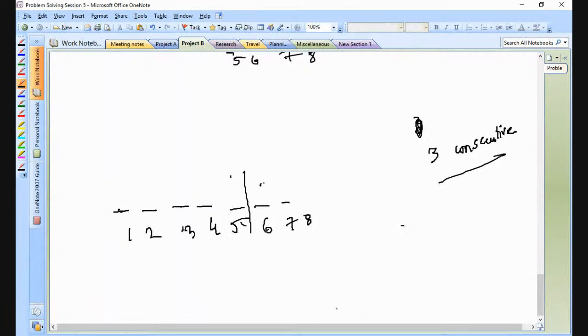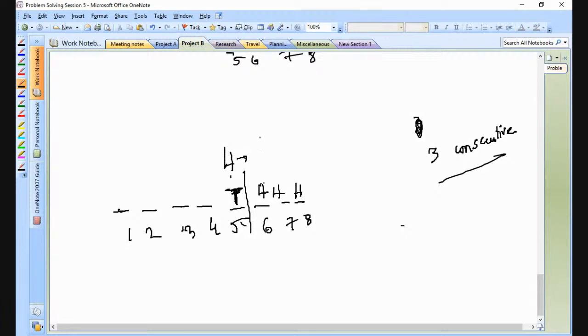So if you want to find out for three or more consecutive heads, it can happen that it ends with tails. If it ends with tails, then here it can only be H, right? If it ends with heads, then what will happen? Then there are two more possibilities. Two possibilities. Either 5, 6, 7 can be head, or 6, 7, 8 can be head.